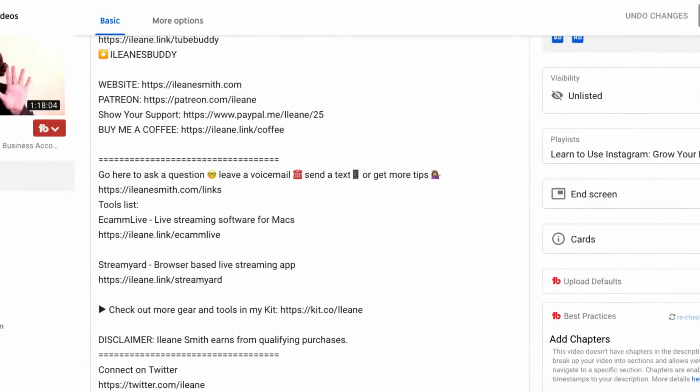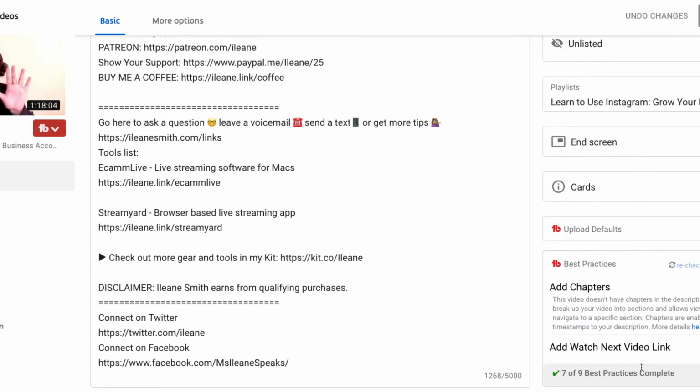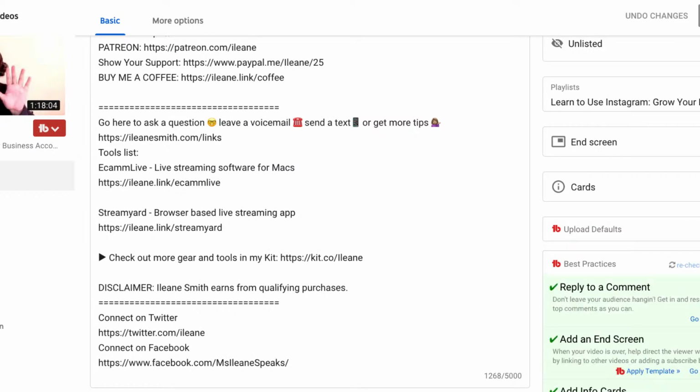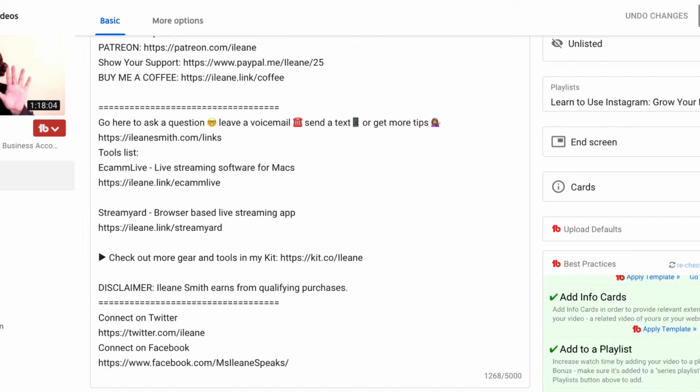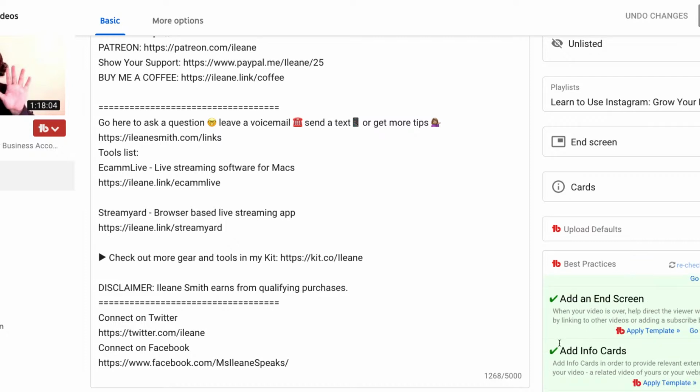Okay, so here now, this one I want to give you guys a little tip that I do when I'm doing my end screens and my cards. Because TubeBuddy will give you links to the end screens and links to the cards. And also, you can create templates. And I see now that that's a little off screen.